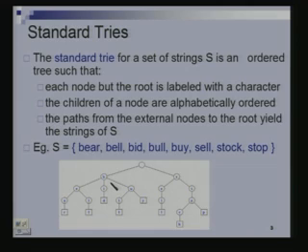Instead of an array, you could keep a linked list, ordered in the alphabetical order. In which case you will have 2 nodes here. The first node will be pointing to B, and the second node will be pointing to S. And you will say that this is B and this is S. Now, given this, how much time does it take to search?